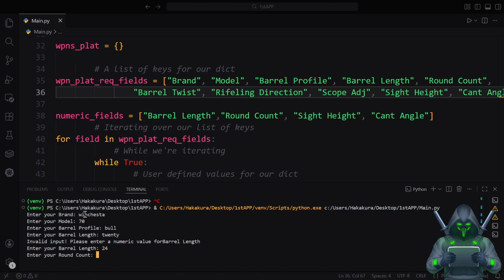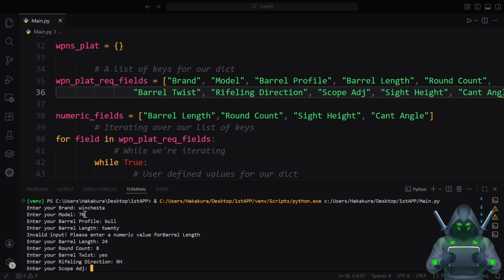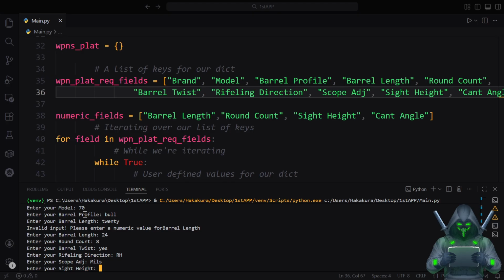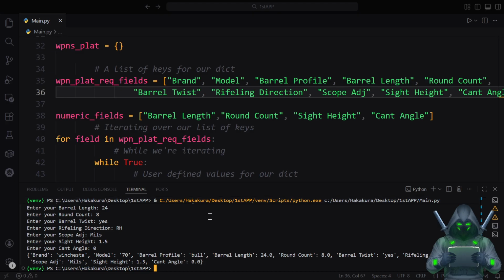Yeah, I feel all powerful. I feel smart. Okay, round count 8. Barrel twist. Yes. Direction right hand. Scope adjust. Mils. So I have 1.5. Cant angle 0. Okay, so we are going to do that again, and now you can see that it is